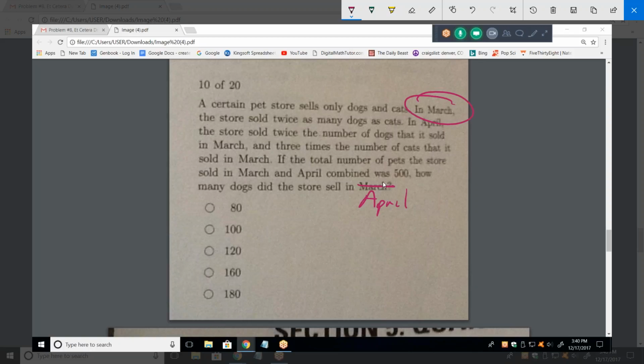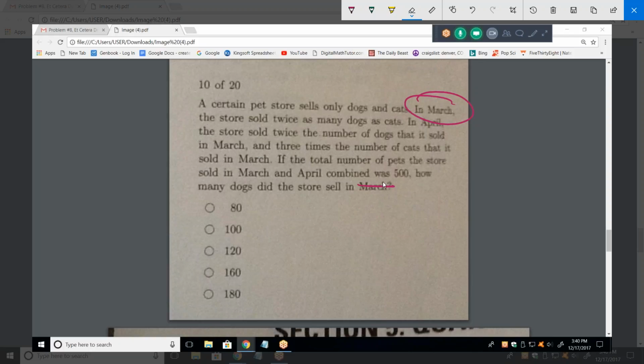So it's not as easy to take one of these answers and work through the problem. You could still kind of do it because you knew that whatever they sold in April, they sold half that many in March. But it would be a slightly more complicated problem and it still lends itself to back solving,